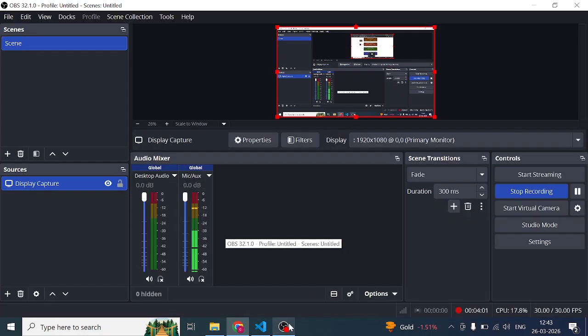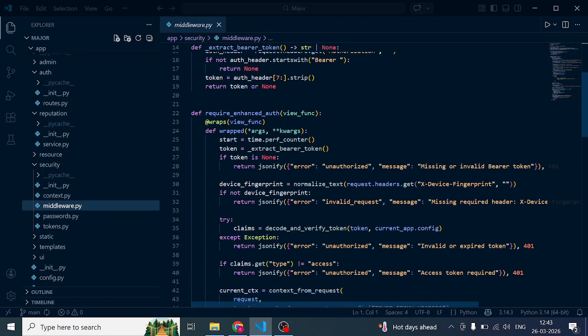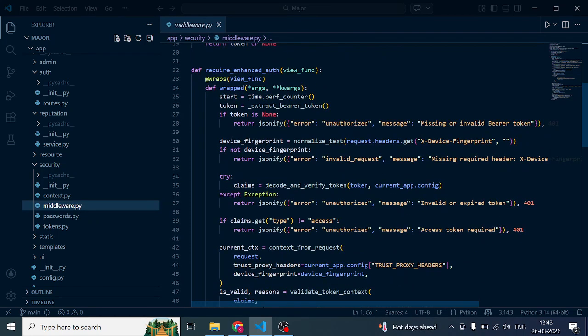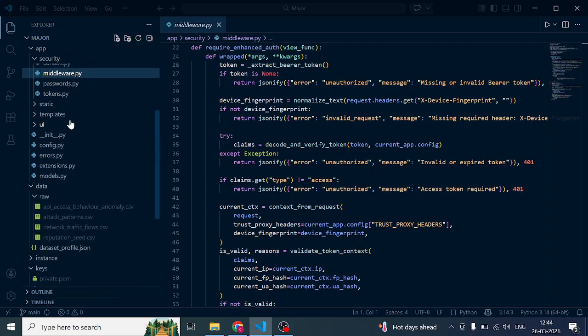So here we go with the demonstration of the application. Here we can see the enhanced JWT authentication, where it checks whether the token is valid or not. And when it comes to the reputation-based part,